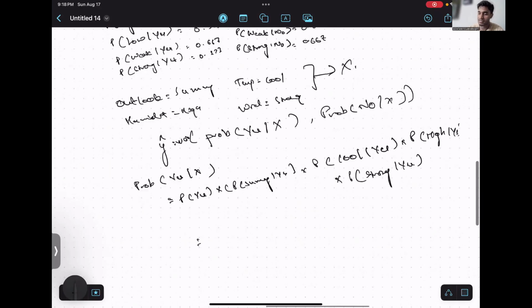If we calculate this using the likelihood values and the value of the probability of yes, we get the probability as